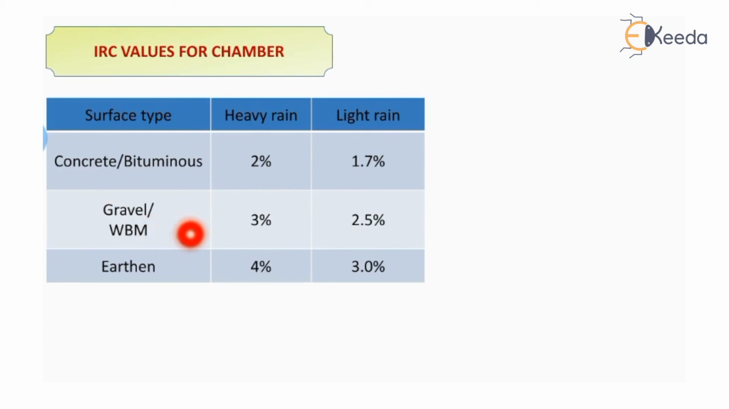WBM road or gravel road, for a high rainfall it is 3% and 2.5% for light rainfall. Earthen road it is